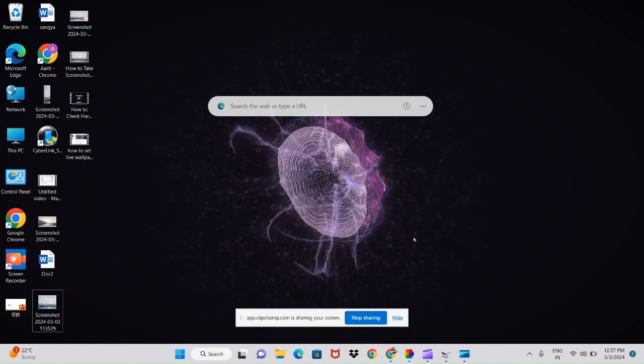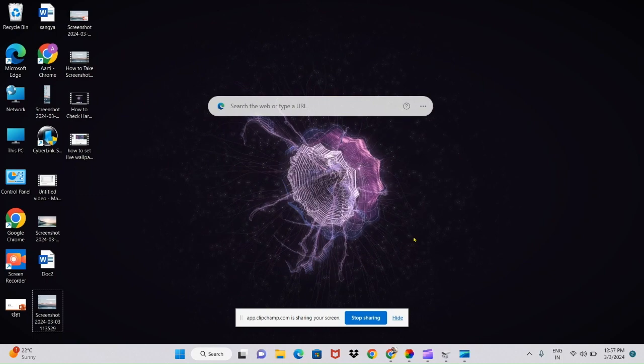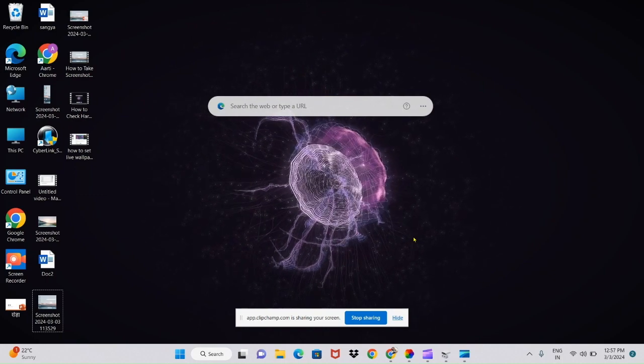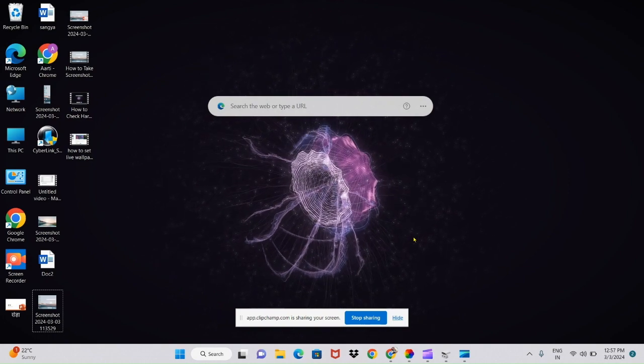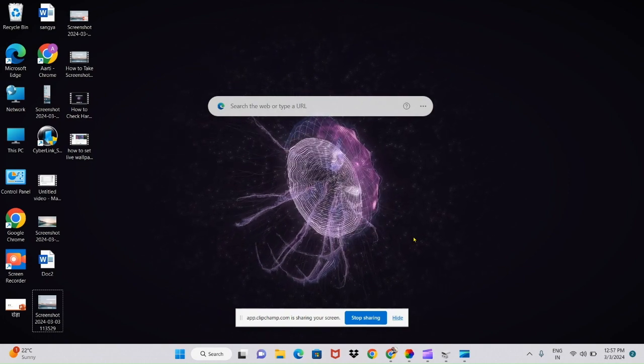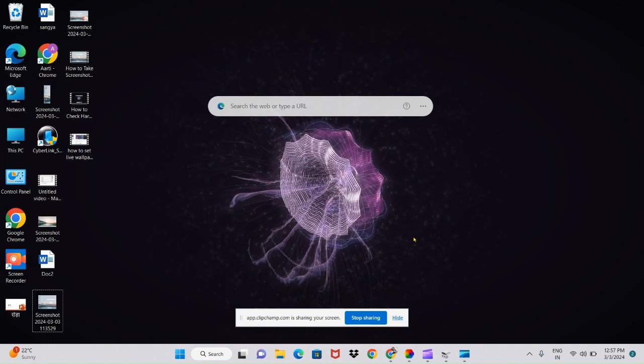In this video, I am going to show you how to split screen in Windows 10 or Windows 11. Okay, so if you want to split screen in Windows 11 or Windows 10, what you have to do,